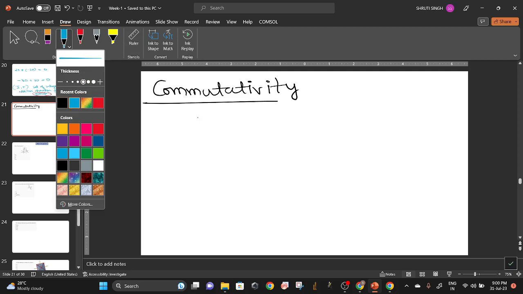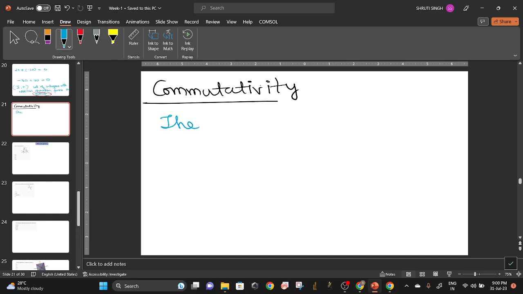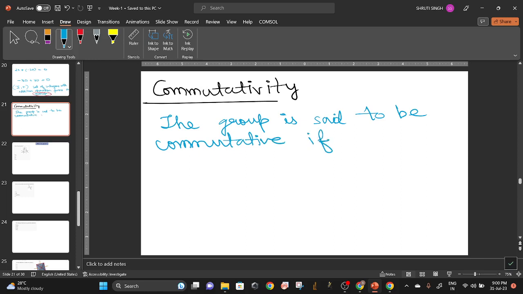Commutativity means the group is said to be commutative if A star B, A operation B, is equal to B operation A. Okay,